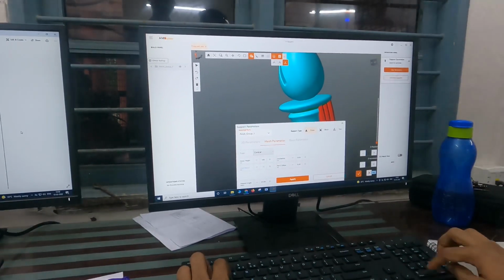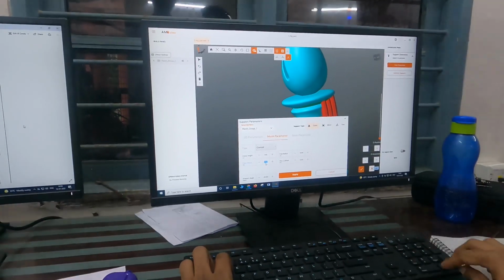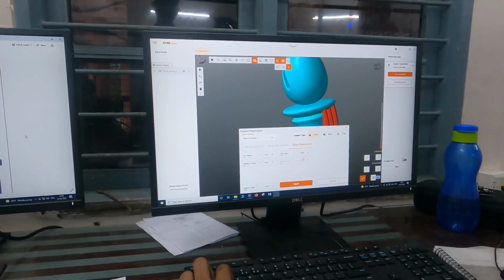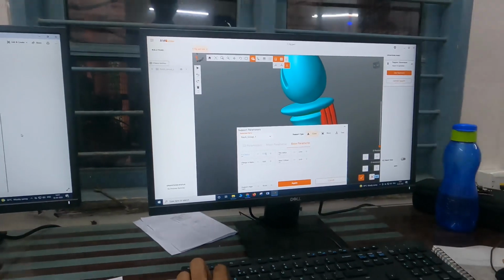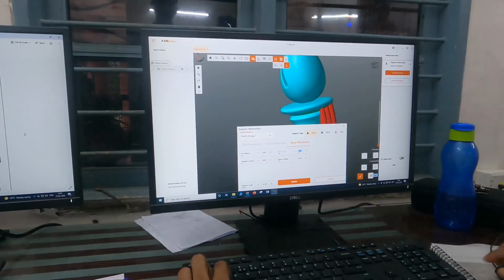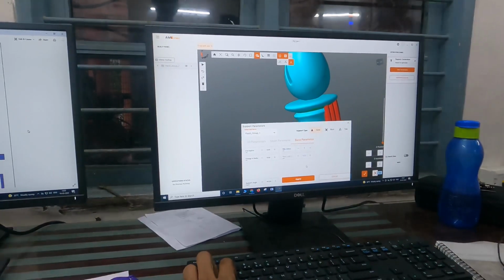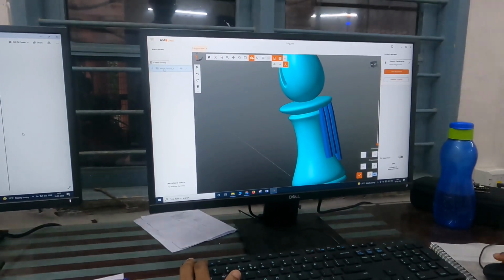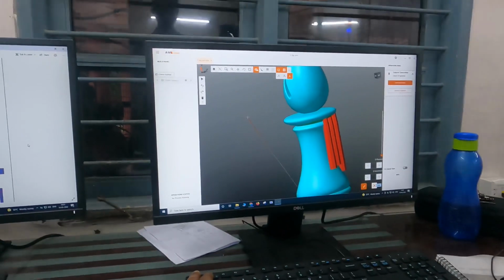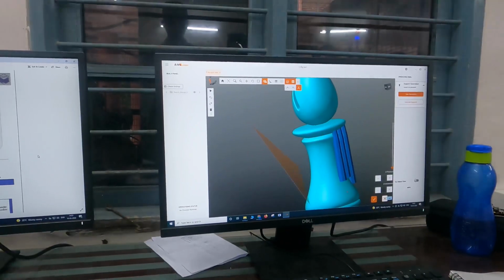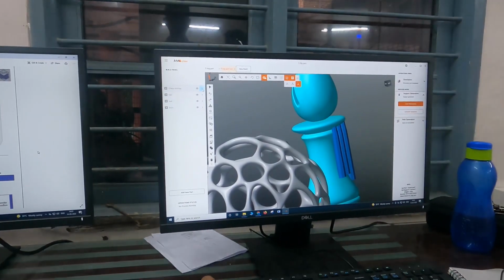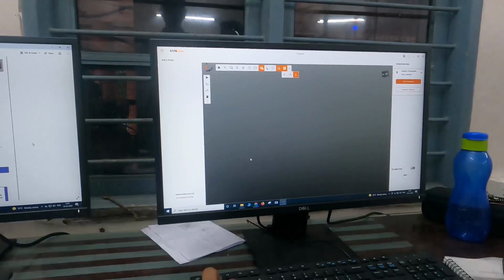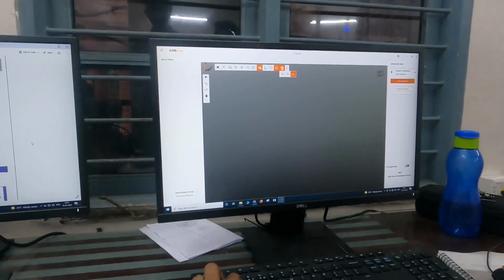End radius, start radius 0.05. Okay, that is also an option.